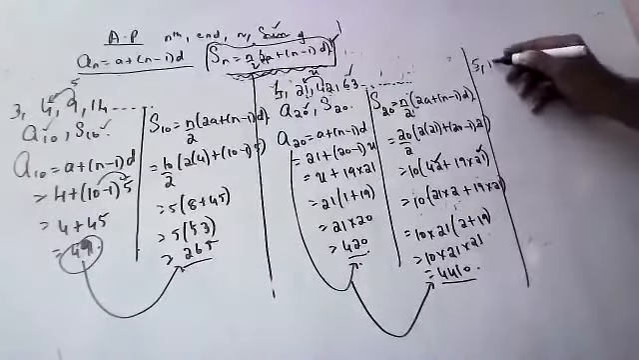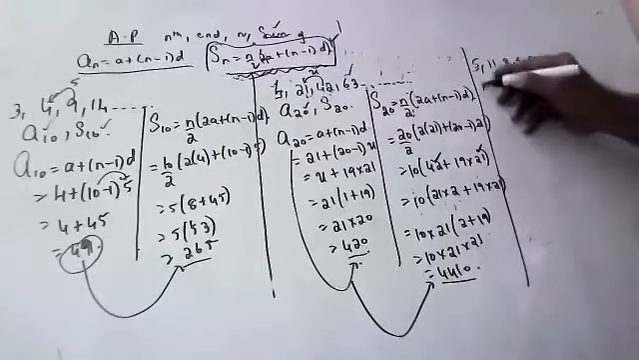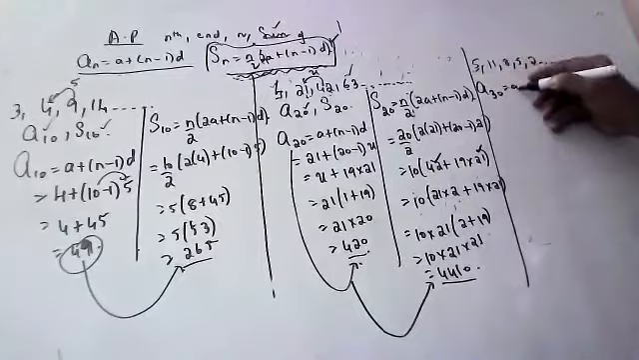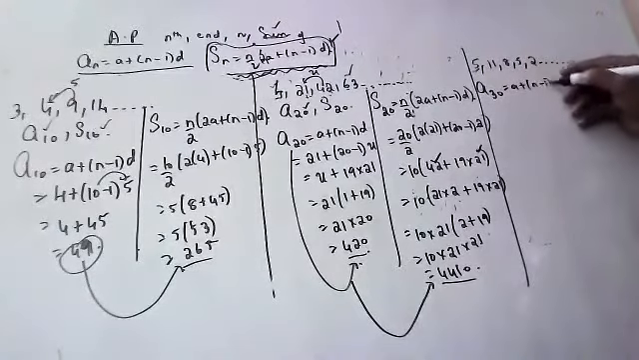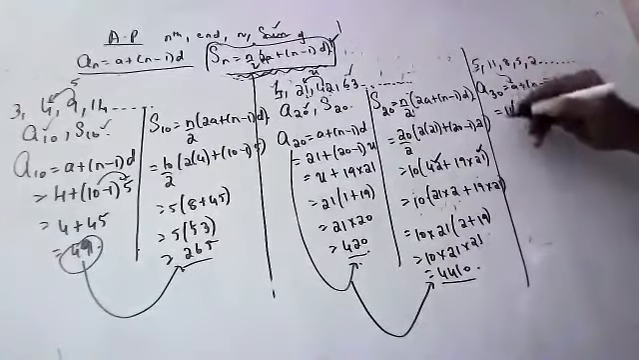11, 8, 5, 2, so. In this sequence, I want the 30th term. Can you tell me how to do it? A plus n minus 1 into d, sir. Okay, sir, equals to